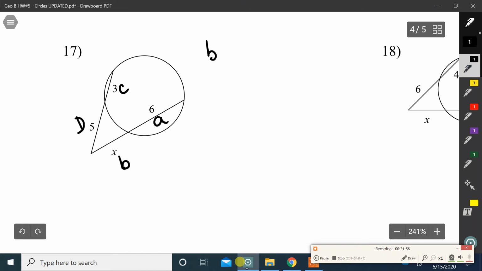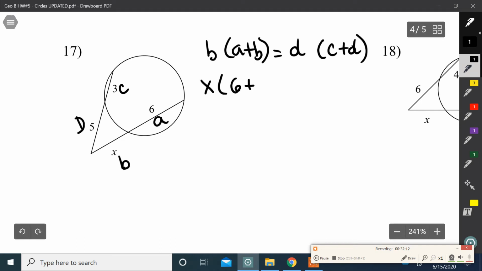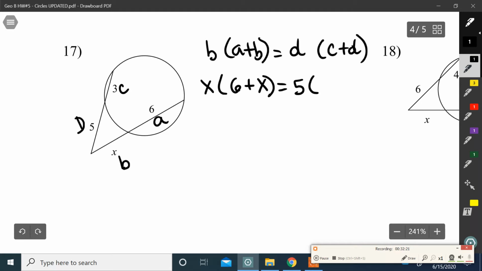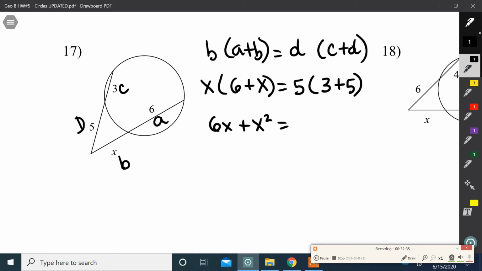Well, the formula is B times A plus B is equal to D times C plus D. Okay, the B in this case is x, the A in this case is 6, the B in this case is x. We are going to get a quadratic right here. The D is 5, the C is 3, and the D is 5. So we're going to get 6x plus x squared is equal to 5 times 3 plus 5 is 8 times